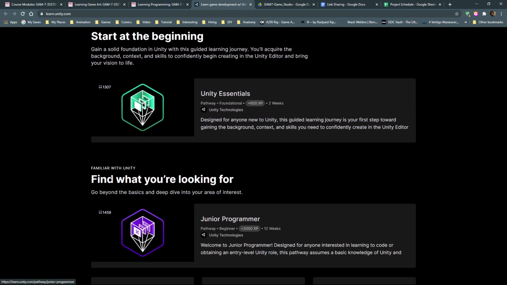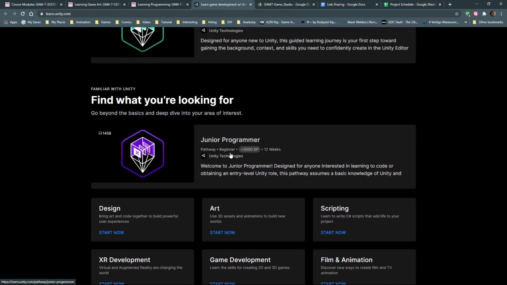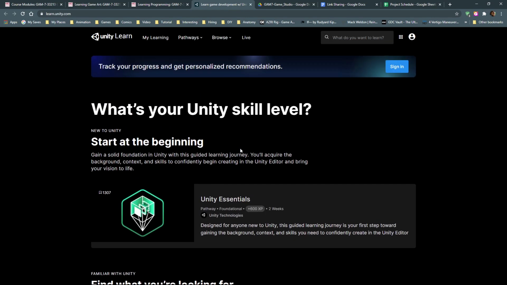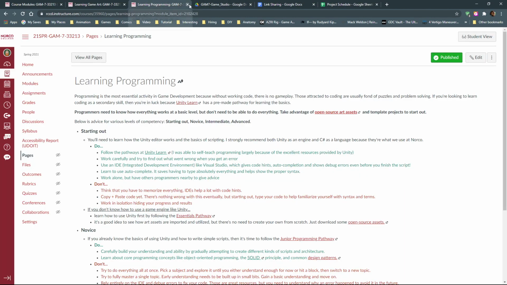And I would strongly recommend doing either Unity Essentials, if you don't know Unity at all and want to use this class to get familiar with Unity. That would be good even for the artists. Or learn how to do scripting. There's a whole junior programmer pathway. I recently popped this open and did the tests for each one of the stages and found that I could pass the first 3 or 4 of them, no sweat. And that's all from self-teaching. Most of that has been because Unity's tutorial resources are excellent. So there you go. That's a lot of what you can be doing.